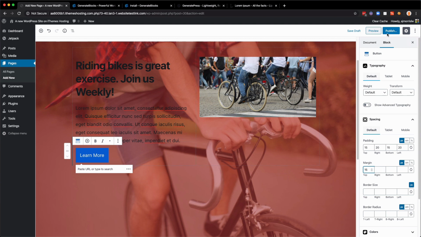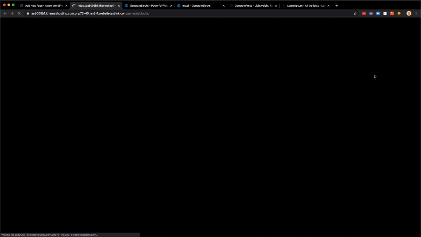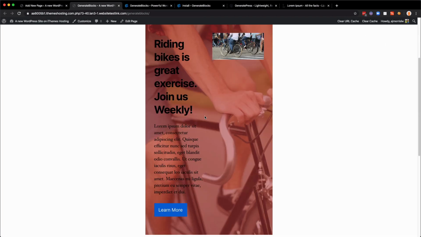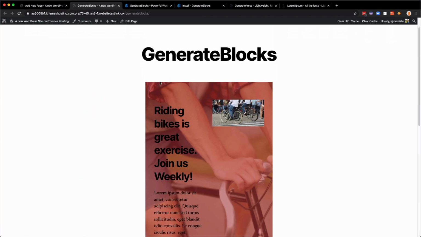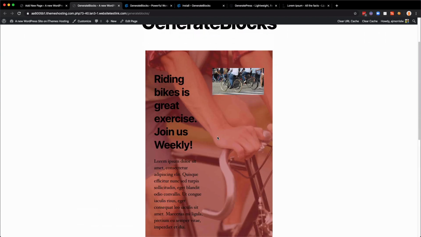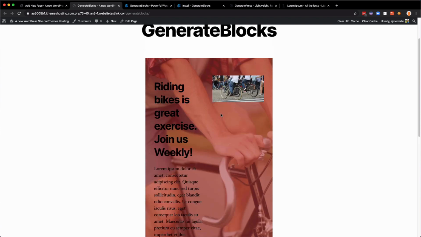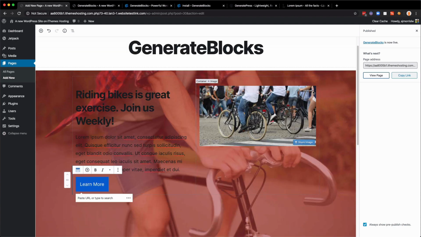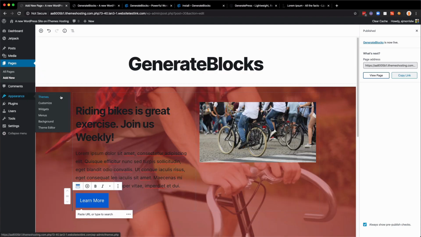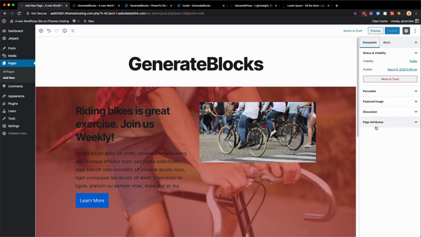So I'm going to go ahead and just publish this a second just to show you what we're looking at. And here is that container with the grid in place. Now, one thing I'm noticing is it's not full width, and this may just be as simple as changing